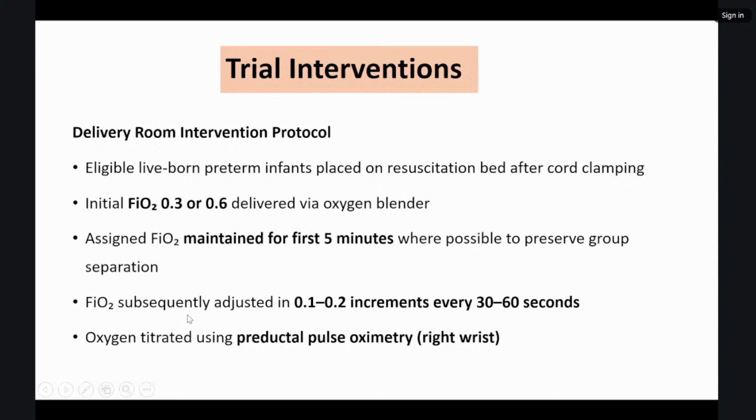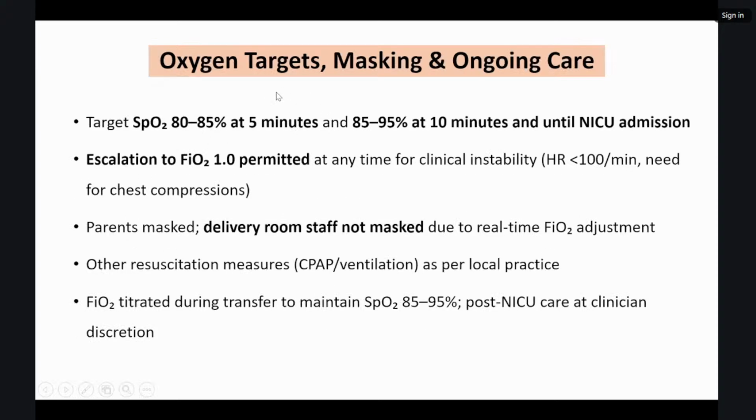FiO2 was subsequently adjusted with increments of 10 to 20% every 30 to 60 seconds depending upon the target SpO2 being achieved. Oxygen is titrated using the preductal pulse oximeter connected to the right wrist. So next comes the oxygen targeting, masking and ongoing care. The target SpO2 is 80 to 85% at 5 minutes and 85 to 95% at 10 minutes and until NICU